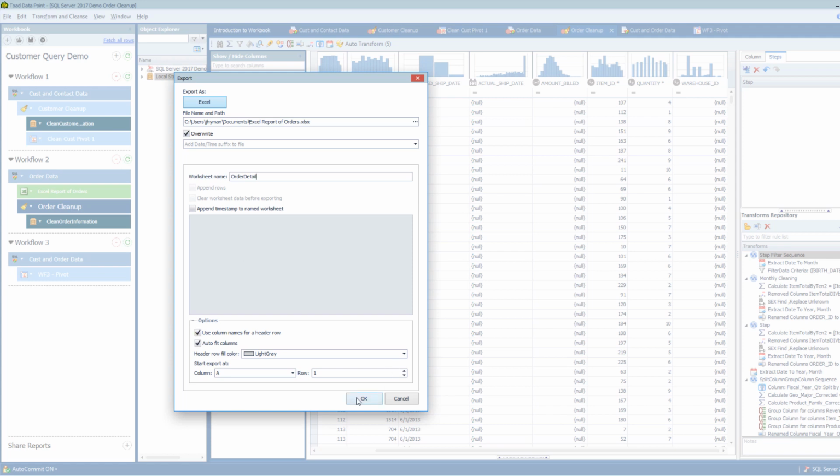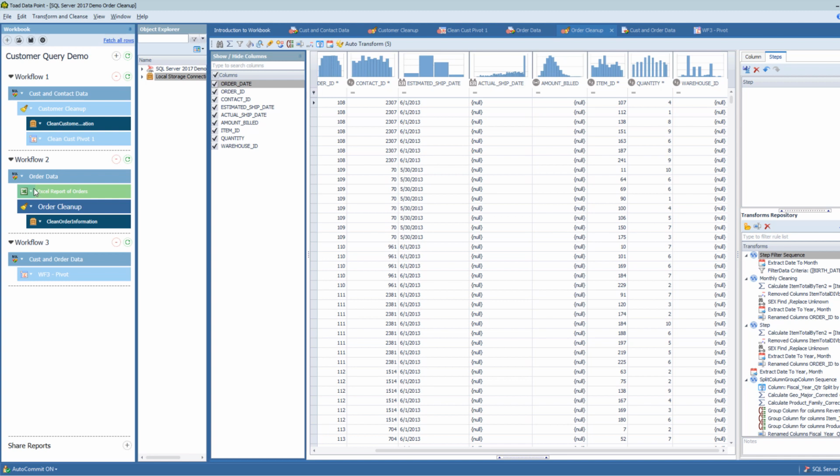And then there are other options here: which column I'm going to start at, which row, how I want the header row formatted. All of that we're just going to leave as is. What this means is now I can actually generate this report. It'll run this one step and generate this Excel file. Now you can see up here, it's telling me that I'm fetching all of the rows throughout the query process, so it's going to pull in all of these order rows. It's just going to take a quick moment here.